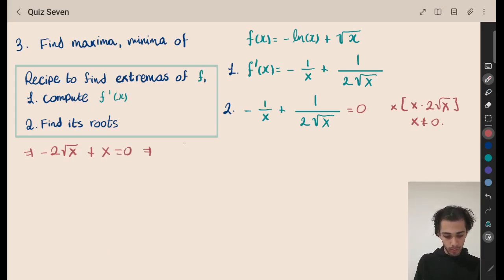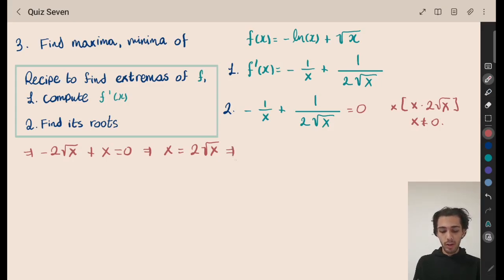Then here's what we do. So x will be equal to 2 square root of x,